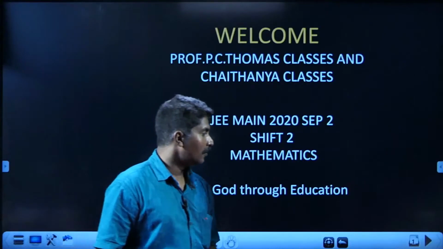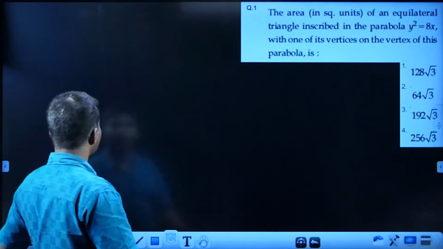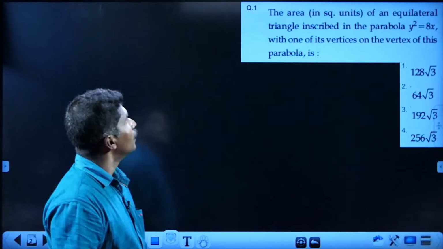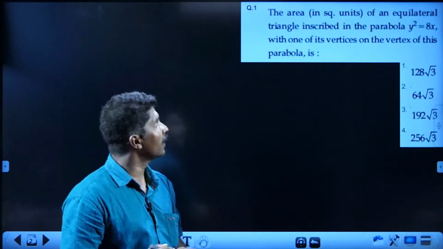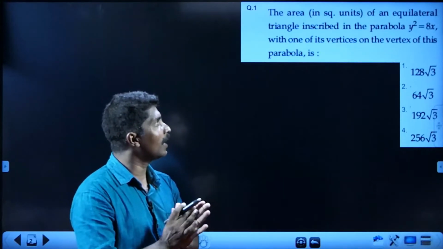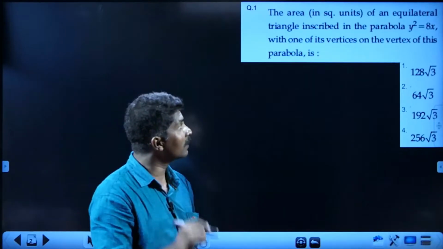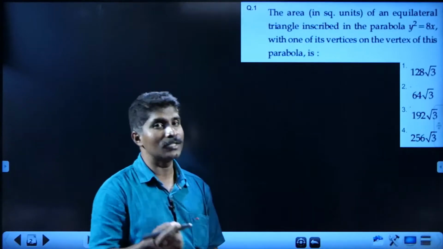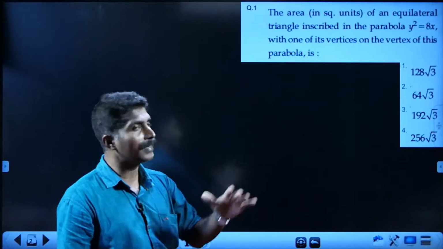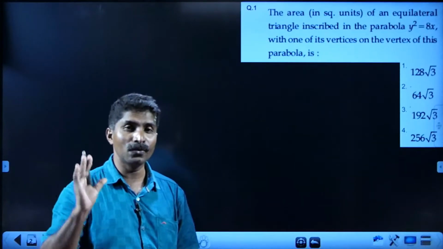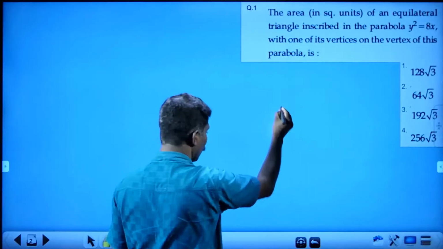So welcome to the first question. The area in square units of an equilateral triangle inscribed in a parabola y square is equal to 8x, with one of its vertices on the vertex of this parabola, is. We can see that this kind of problem is not in NCERT, but it is a very usual question in all the entrance examinations. So,